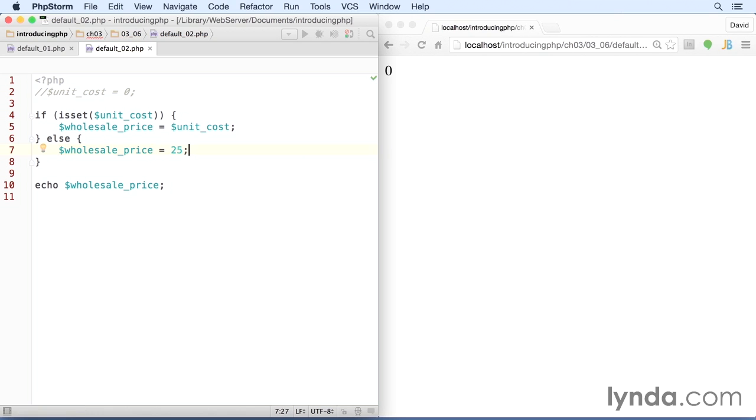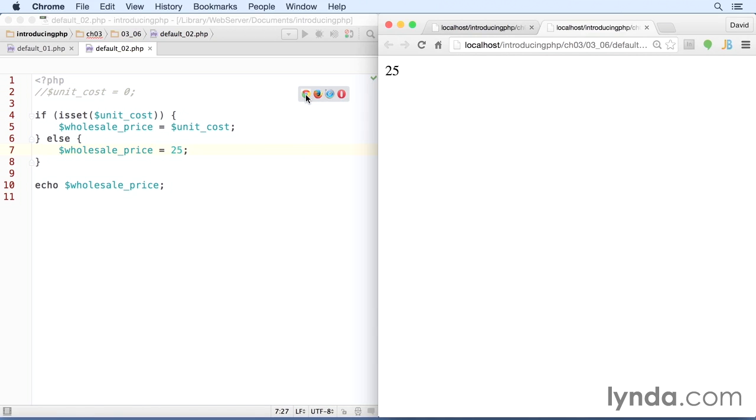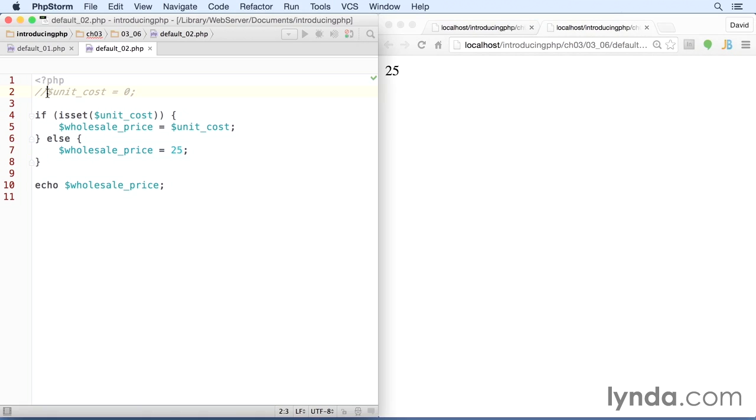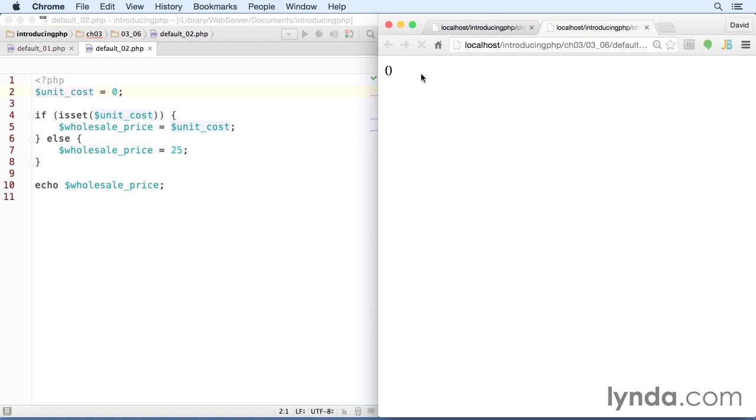So if we save that and then test this in a browser, this will work in all versions of PHP, we get the value 25. Unit cost has been commented out on this line, so it doesn't exist, so this fails. We get the value which is assigned here. If we uncomment this line and save and reload the page, this time we get 0 because unit cost has